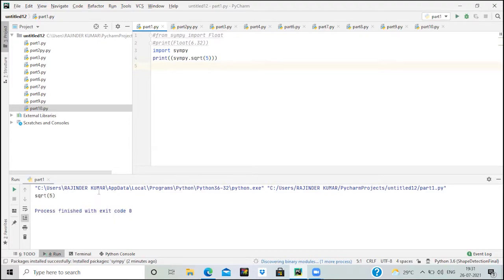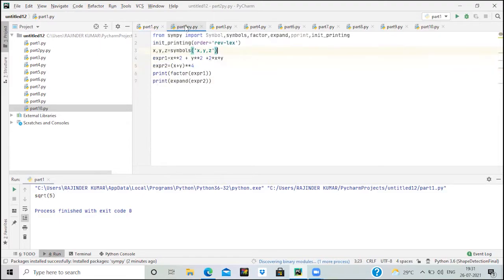You can see that we have got square root of 5 as our output. In this program, firstly we have done from sympy import symbols, Vector, expand, pprint, and init_printing. This init_printing is used to print the expanded form of the expression in a reverse order. We have made use of the symbols function.